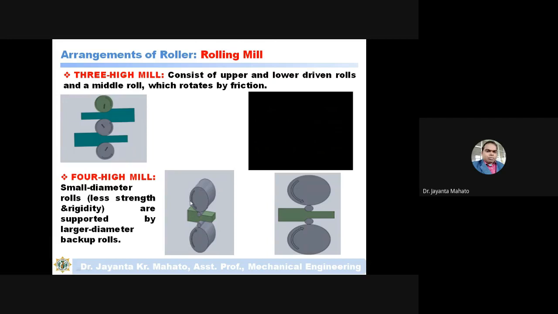Okay. So in this case, this roller will rotate, and by rotating, this roller also rotates, and ultimately the workpiece material will pass through in between two small rollers. So just remember, this arrangement is made to minimize both the friction between the workpiece and the rollers, and even to minimize the force required to deform the material. Okay.